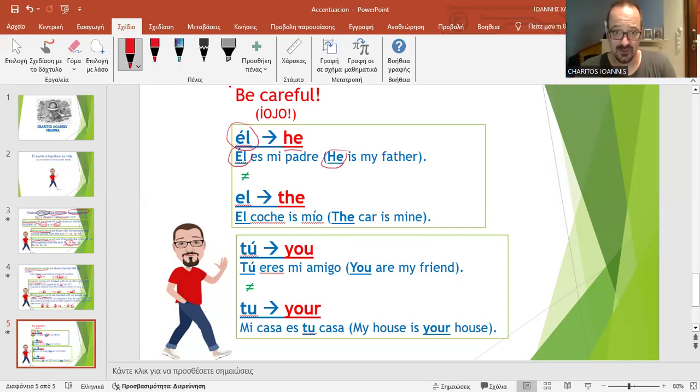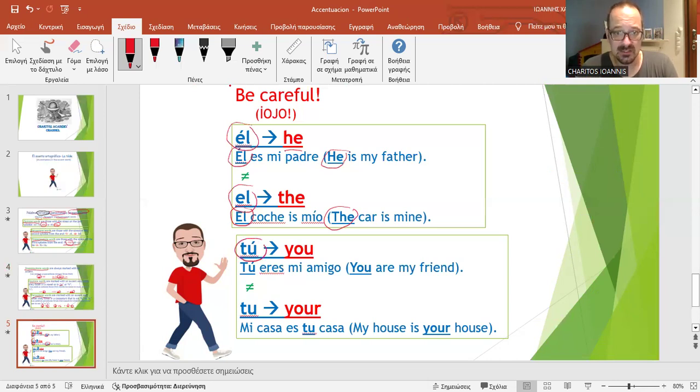But there is also another el without the accent mark, sin la tilde, which means the. For example, el coche es mío. El, which means the car is mine. El coche es mío. A similar occasion is that of tú with the accent mark and tu without the accent mark. Tú,